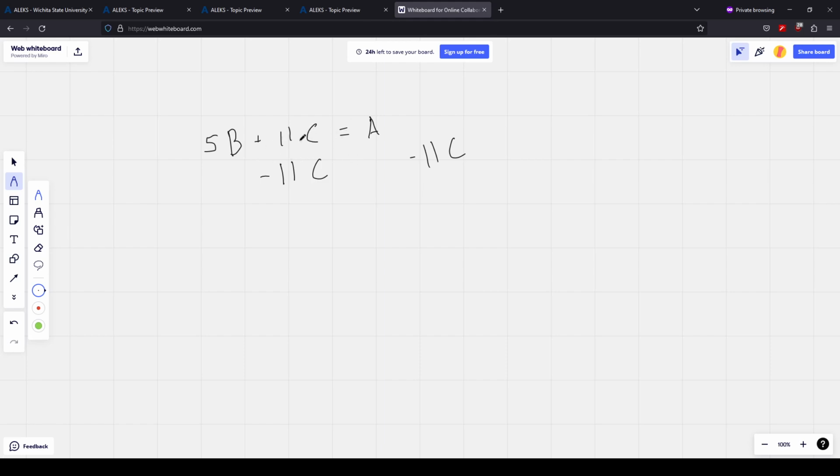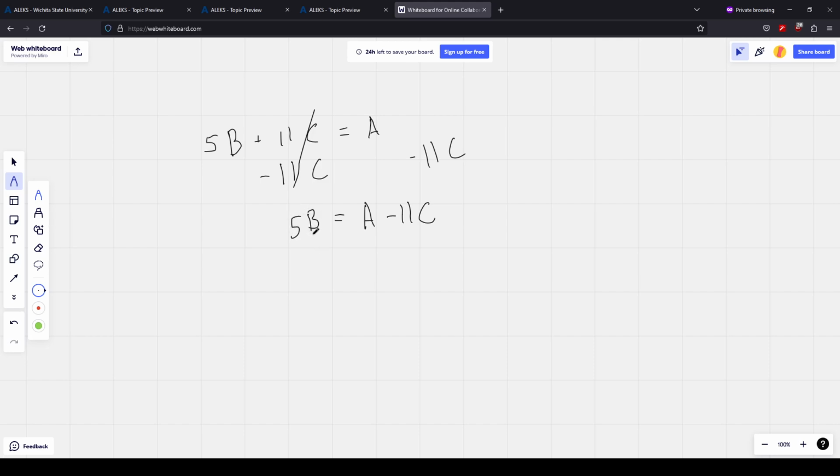But on the left, by design, plus 11c minus 11c, these two are going to create 0. They're going to cancel with one another, essentially. Meaning that what's left on the left-hand side is 5b now, and the right is a minus 11c. The last piece to peel off of the letter b here is this 5 that's being multiplied to it